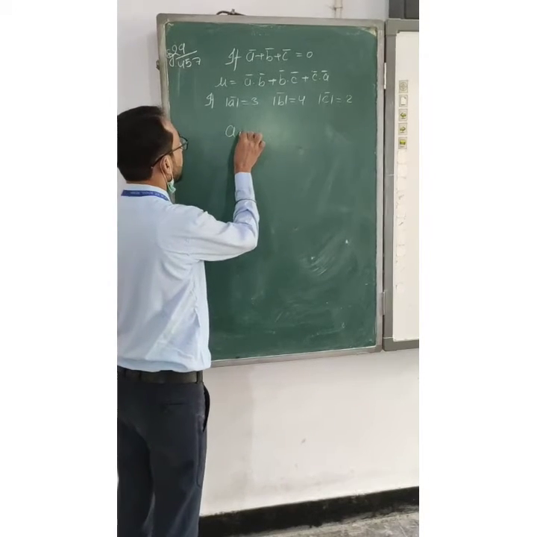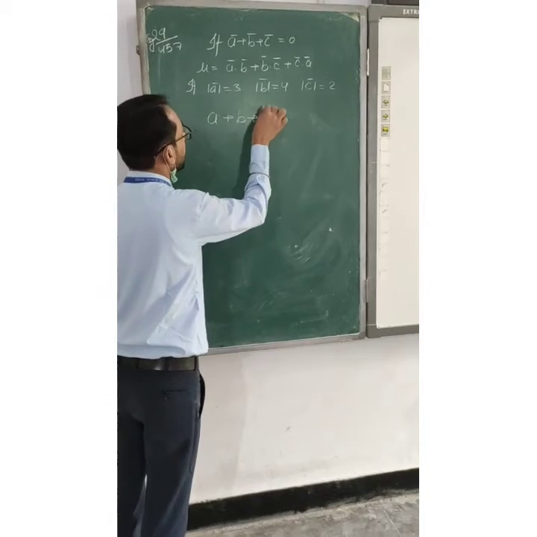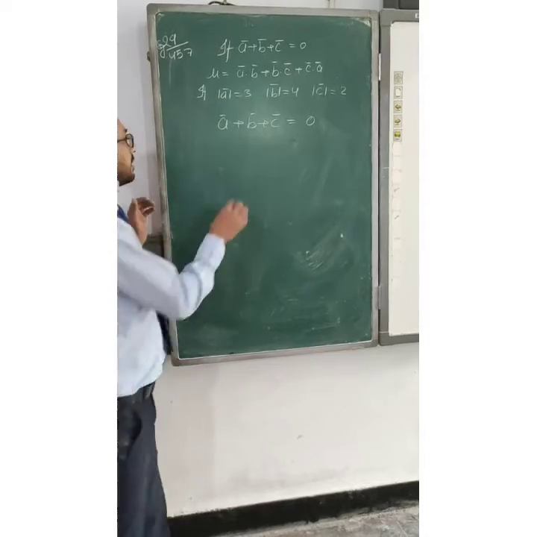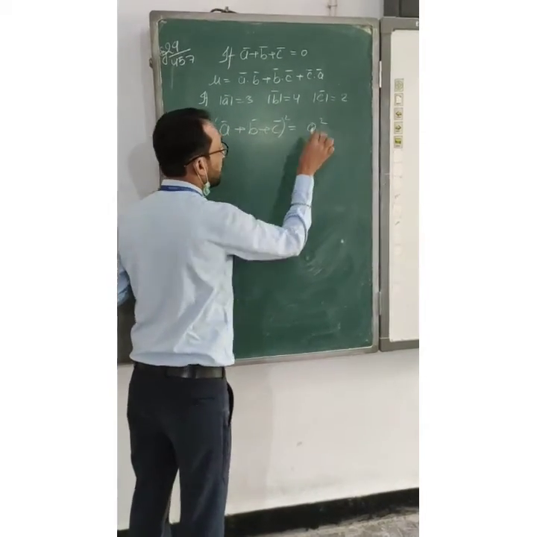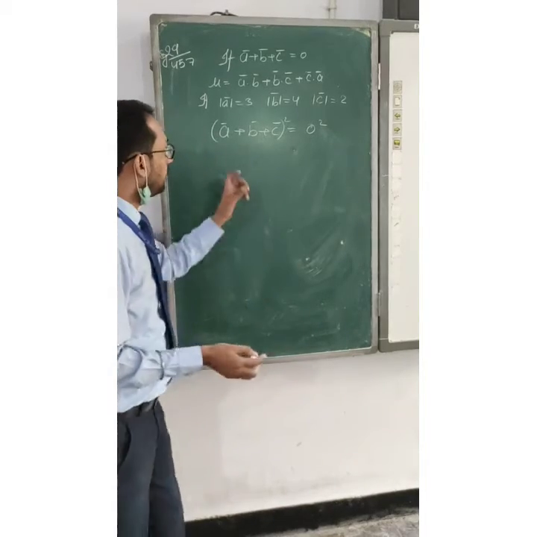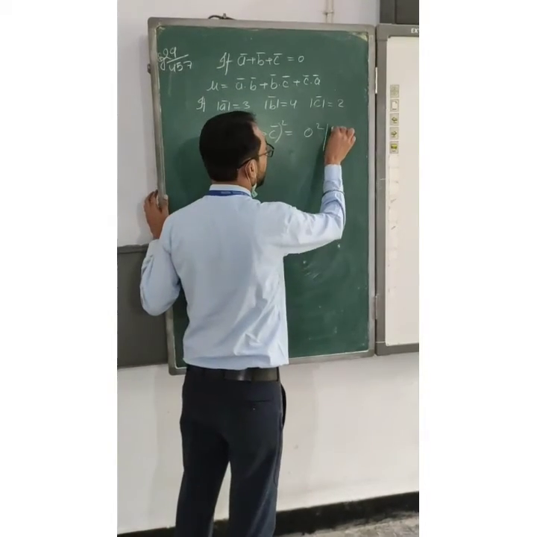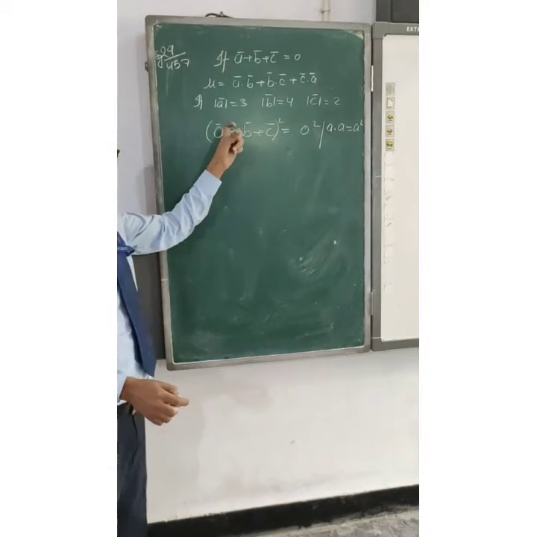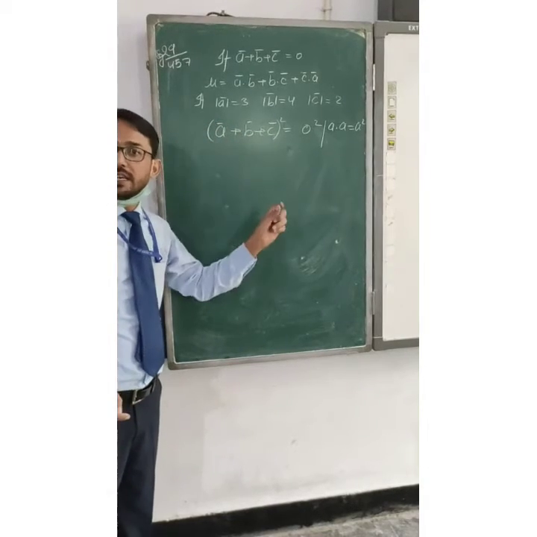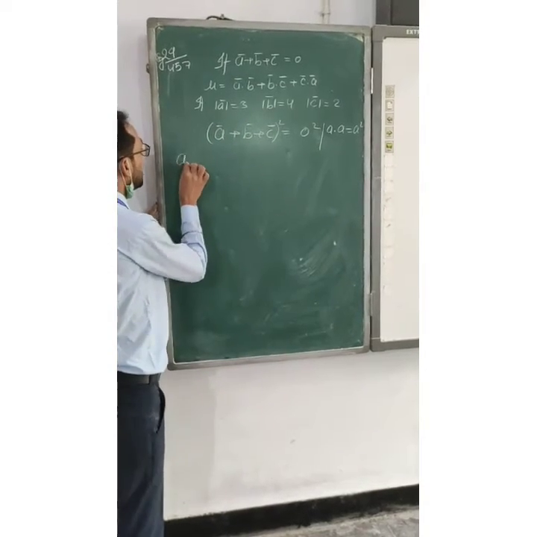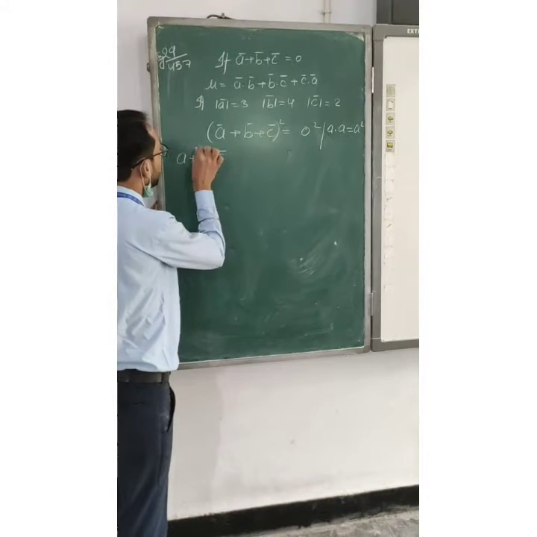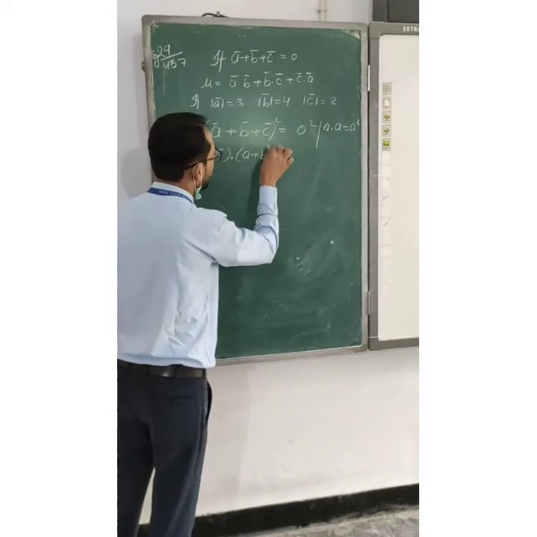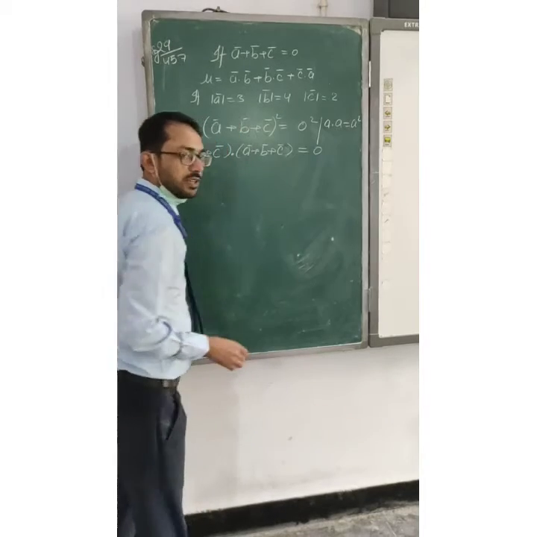So it is given that A plus B plus C vector is equal to 0 vector. I could also write it with squaring both sides; there won't be any effect. Now we know one thing, that A dot A is equal to A square. So in the same way, A square can be written as A dot A. That is, A plus B plus C vector dot A plus B plus C vector will also be equal to 0.